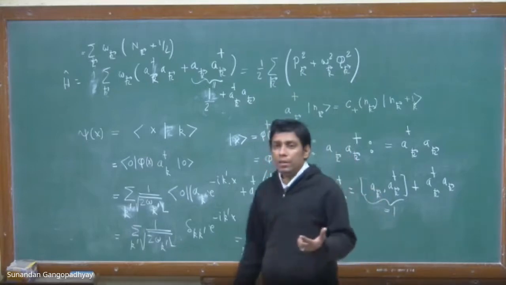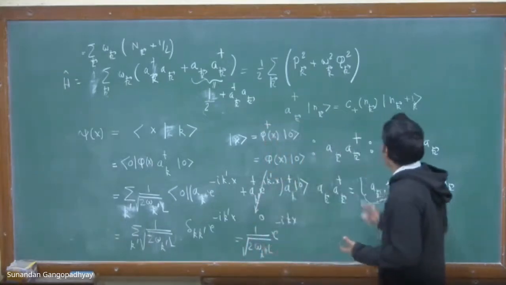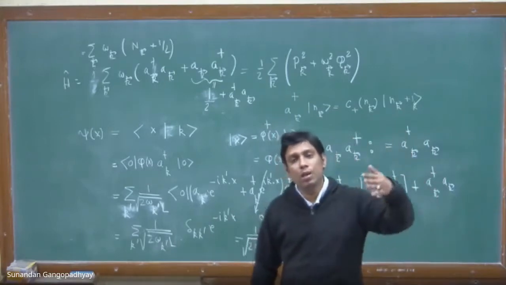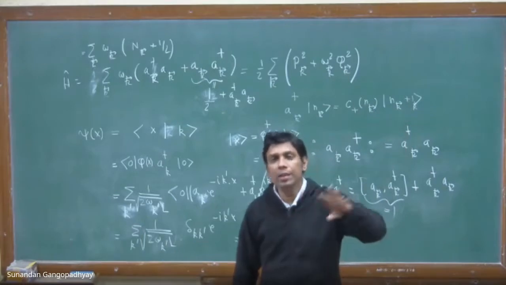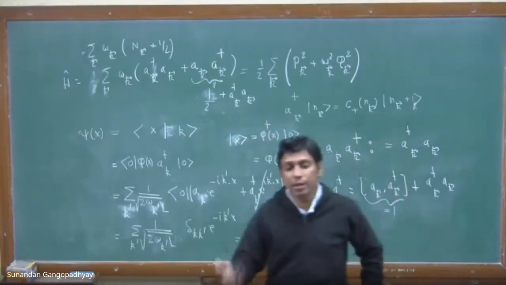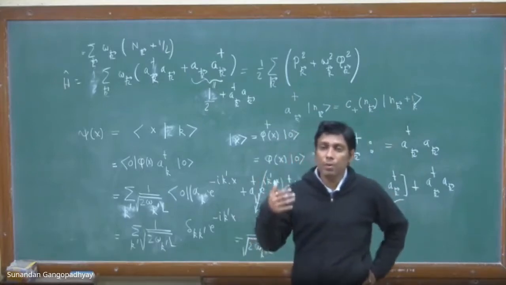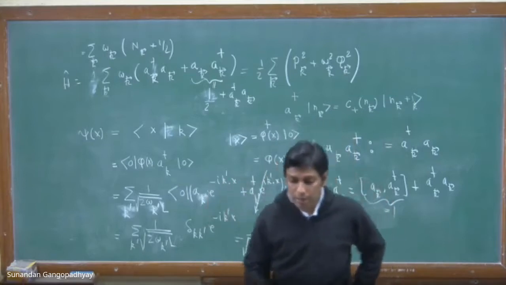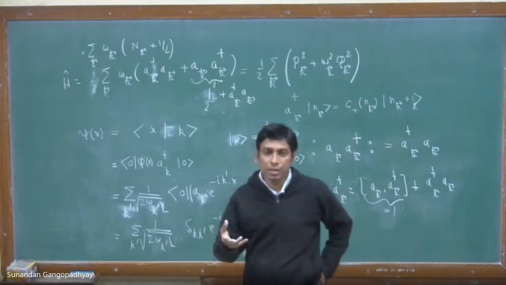An important thing that you must have noticed is that these number representation states n_k can take any values from 0, 1 to anything. So this is something very important. It can take any integral values, these numbers, which represent the number of particles with momentum k. It is completely consistent with Bose-Einstein statistics. It tells you that in a particular quantum state there can be as many particles as you like.